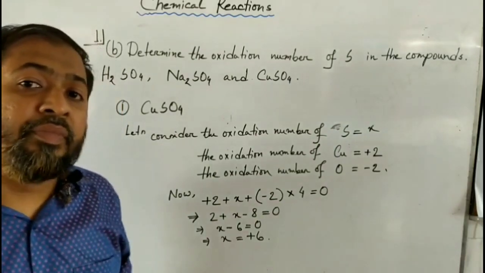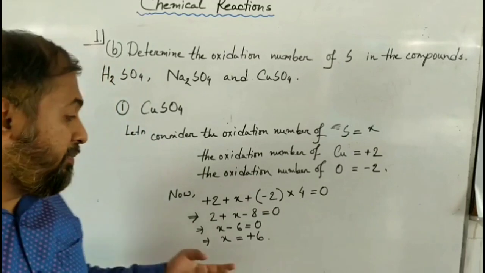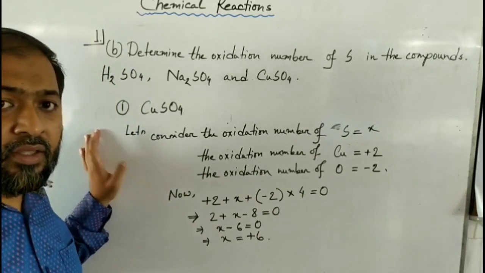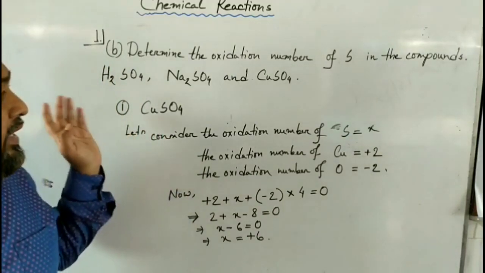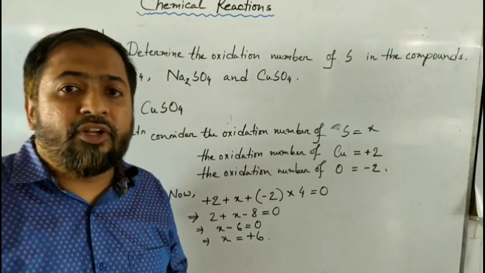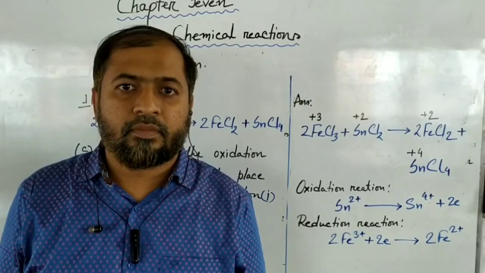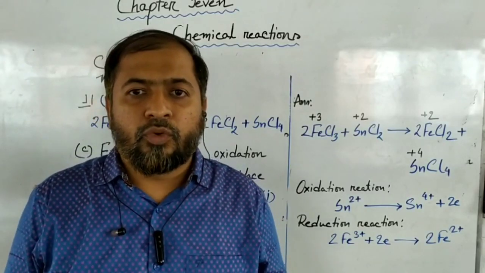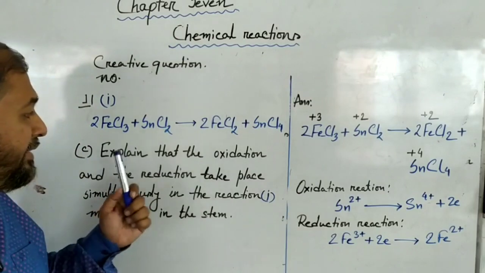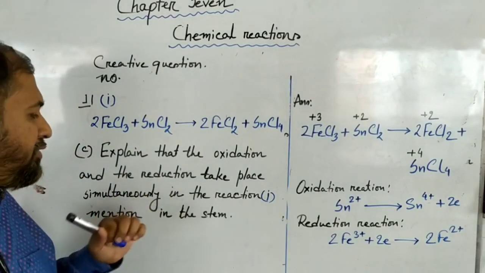Okay students, now we can see the oxidation number of sulfur is +6 also in this case. Now from these 3 different compounds, we find out the oxidation number of sulfur is +6. Now question number C. Explain that the oxidation and the reduction take place simultaneously in the reaction 1 mentioned in